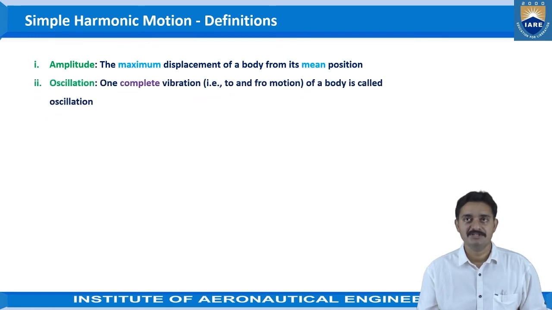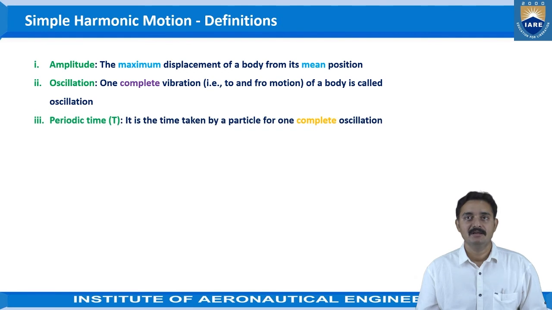Then about oscillation, one complete vibration, that is one complete to and fro motion of a body is called oscillation. Then periodic time T, it is the time taken by a particle for one complete oscillation. So one complete oscillation, that means complete to and fro motion, the time taken by the object is termed as the periodic time, and that periodic time is given as T is equal to 2 pi by omega, where omega is the angular velocity